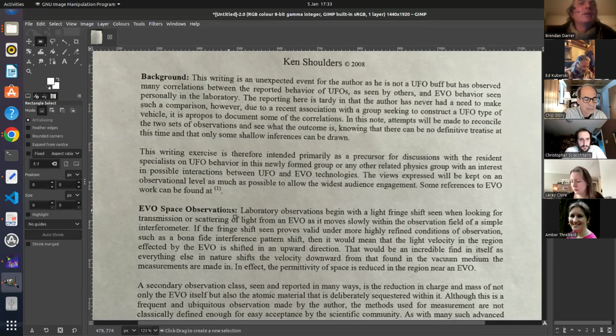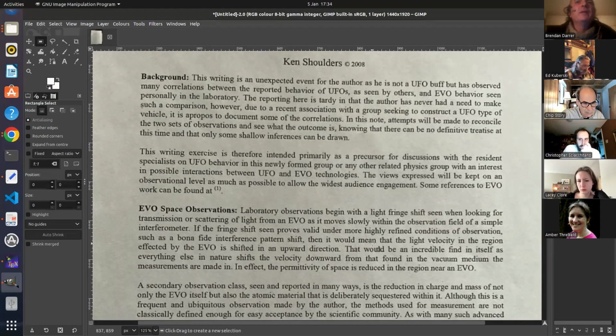EVO space observations. Laboratory observations begin with a light fringe shift seen when looking for transmission or scattering of light from an EVO as it moves slowly within the observation field of a simple interferometer. If the fringe shift seen proves valid under more highly defined conditions of observation, such as a bona fide interference pattern shift,